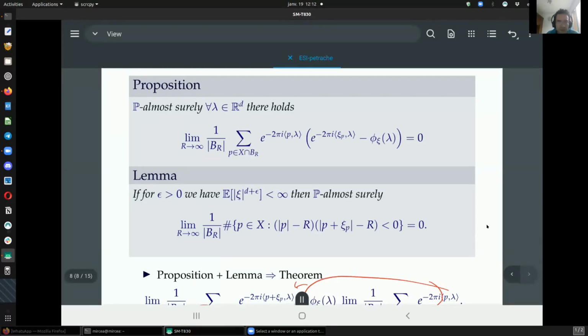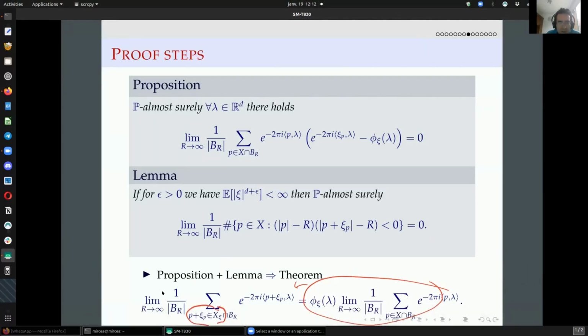Wait, let me. Yeah. So it's just that here I have p plus psi p should be inside the ball. Yeah, and then here instead I have that p should be inside the ball, right? But the discrepancy between these two sums is controlled by the lemma. So the role of the lemma is to replace in the sum, instead of having a sum over x, I have a sum over x psi, and then the proposition is going to tell me that the statement of the theorem holds, right? So the lemma is not so hard, but the main difficulty is the proposition,